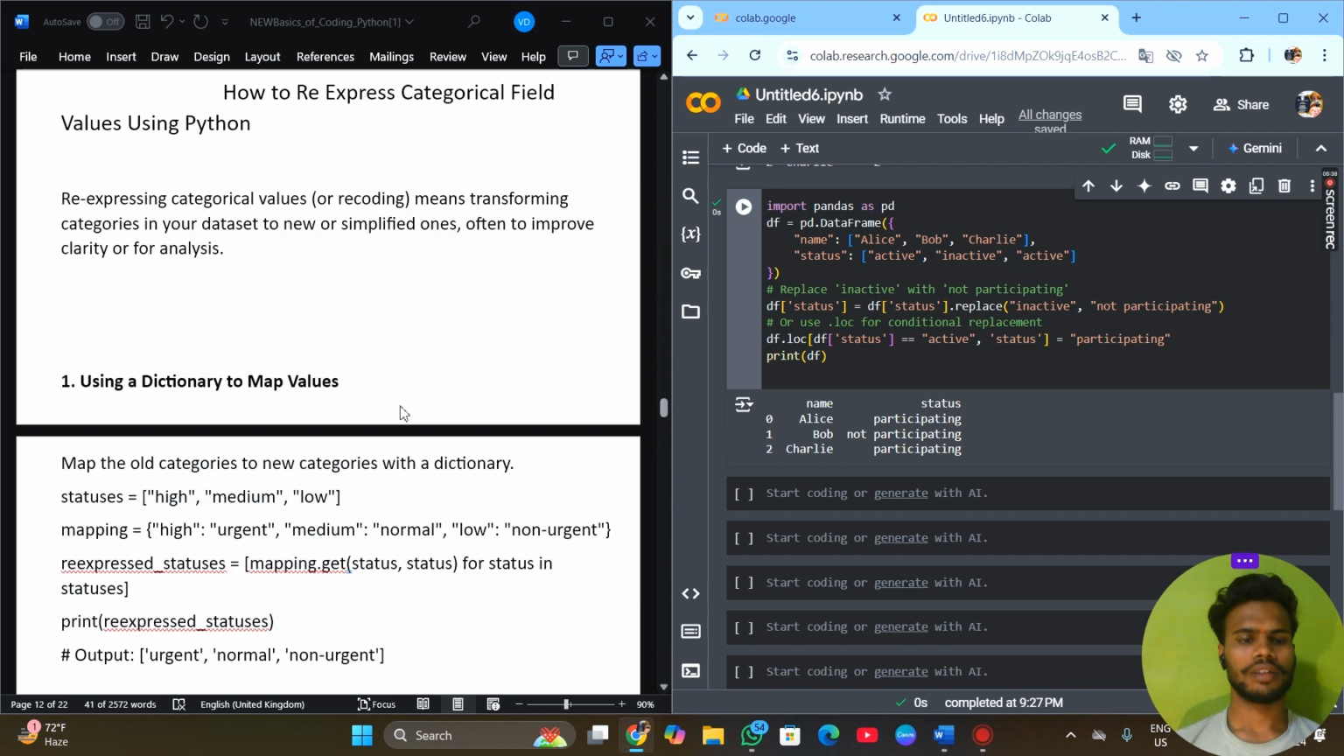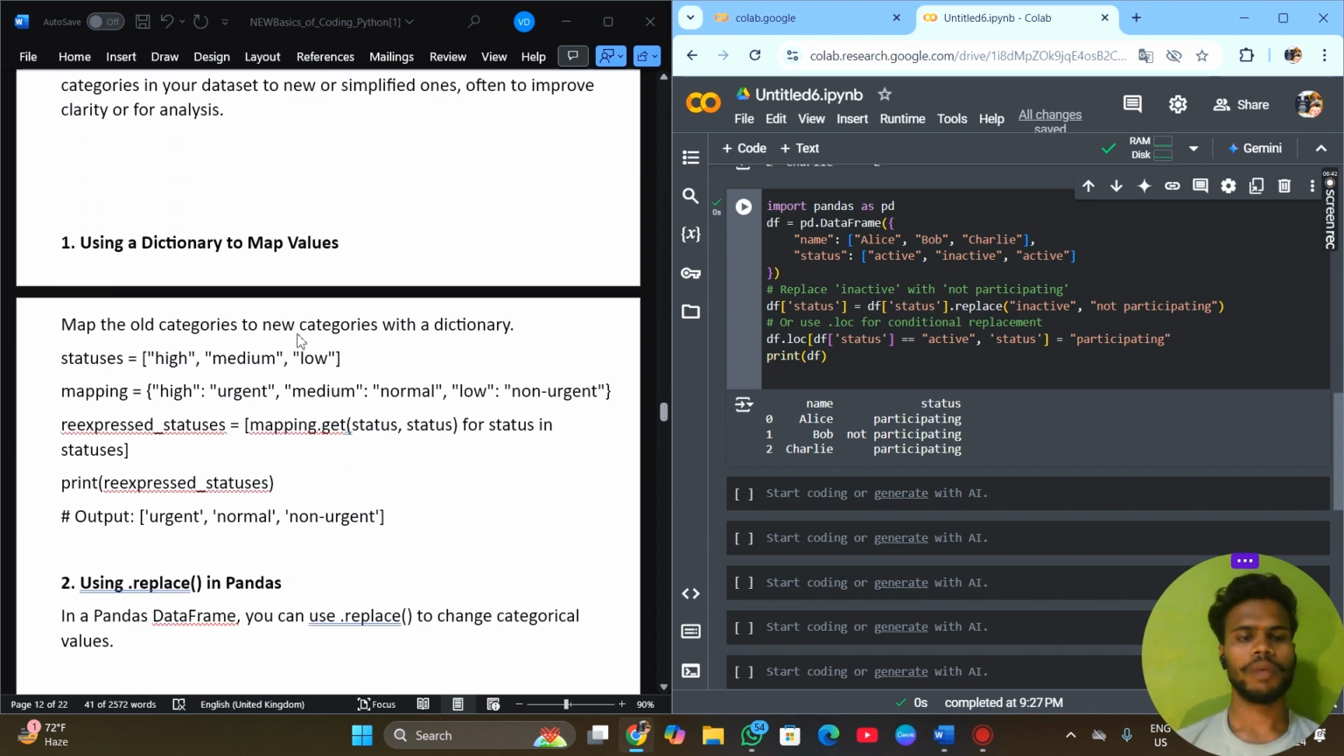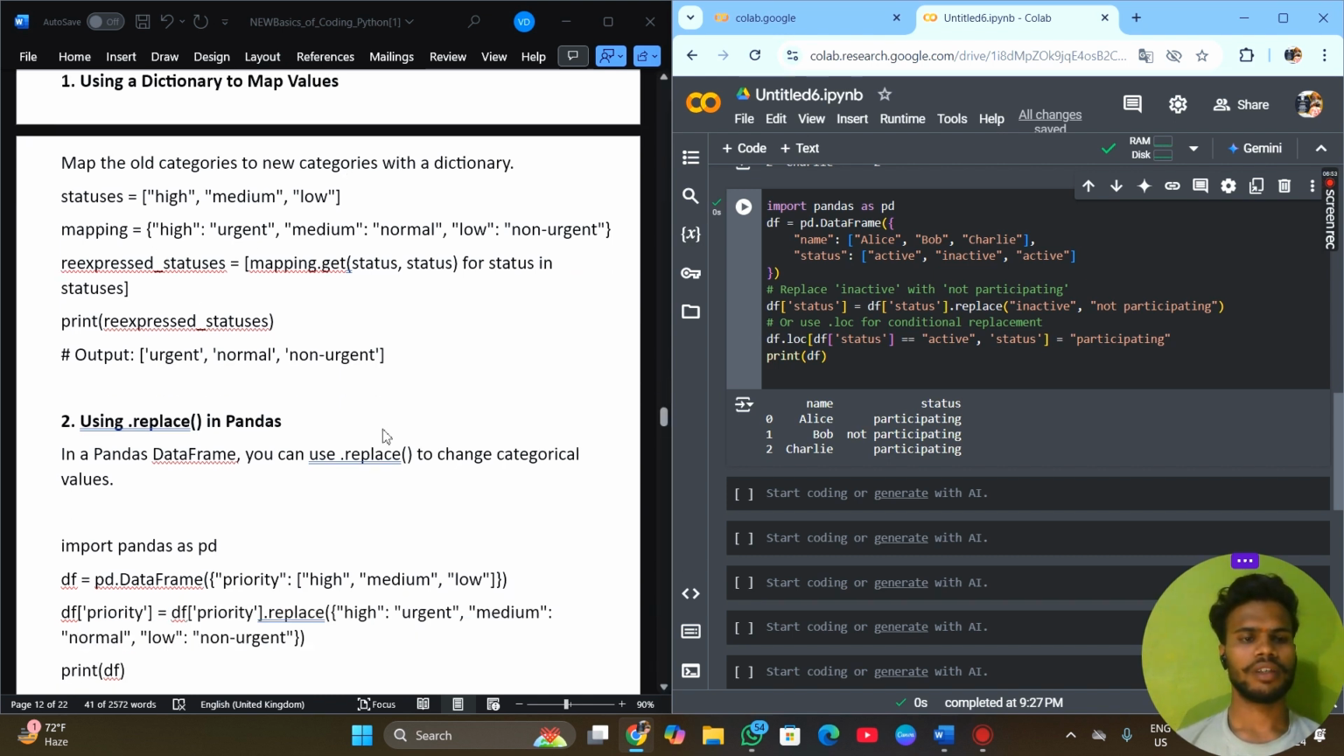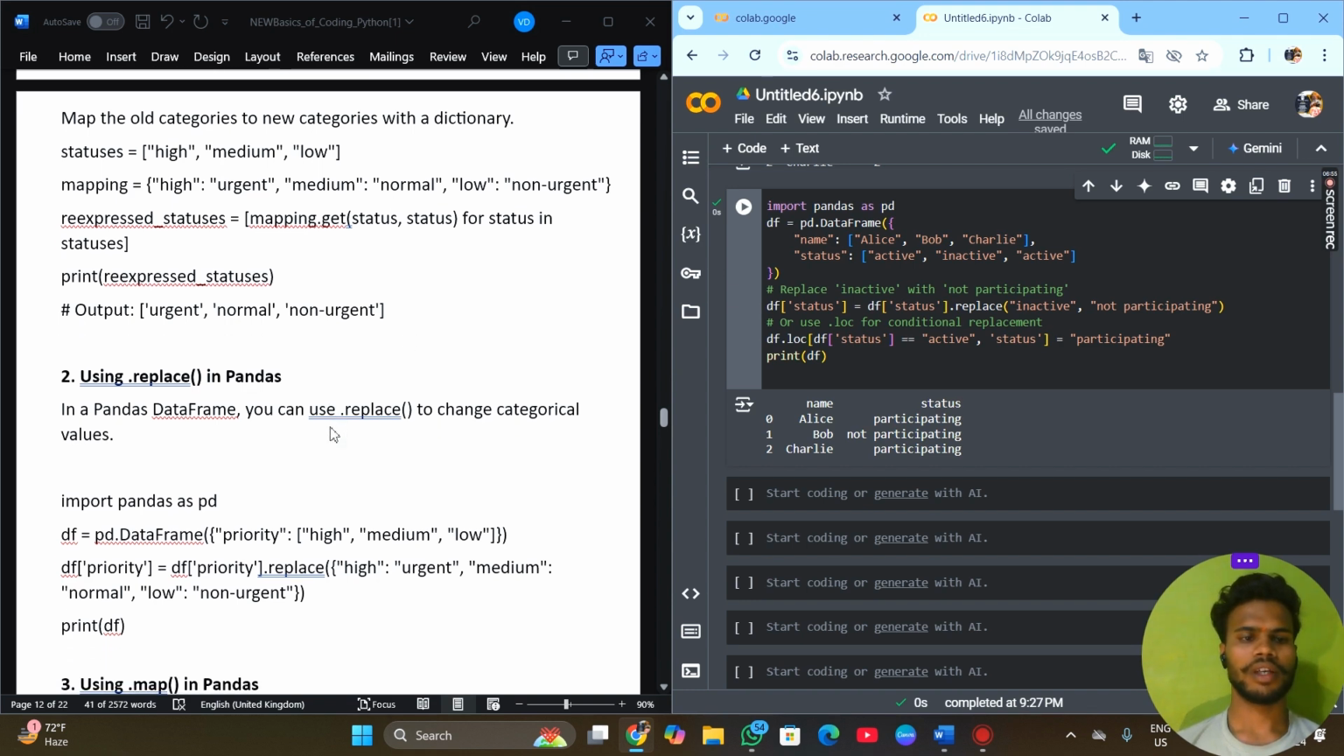The topic of using a dictionary to map values. Map the old category to a new category with a dictionary. The main purpose of the dictionary is to map the old category to generate a new category. Status used: high, medium, and low. There are three types of example we take